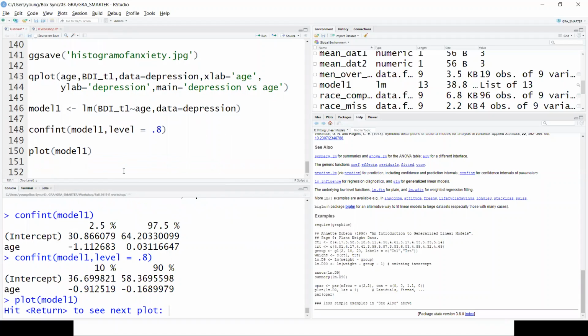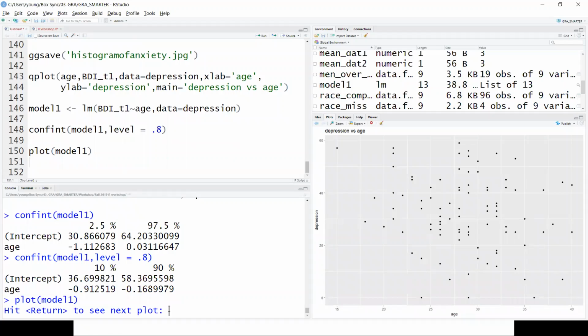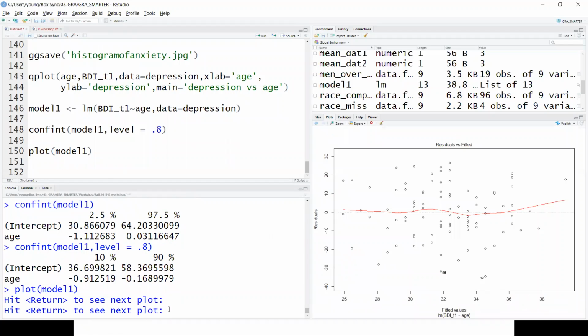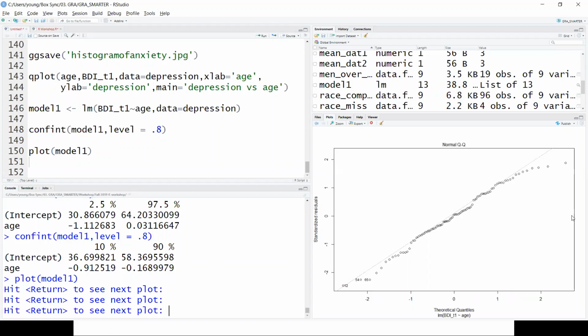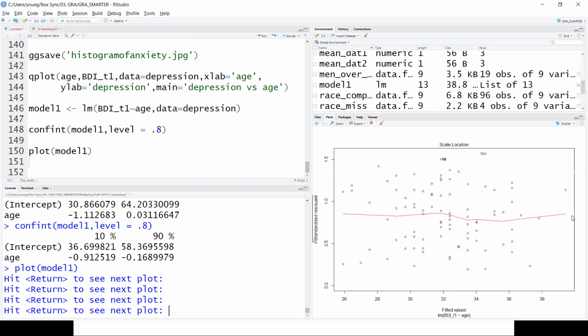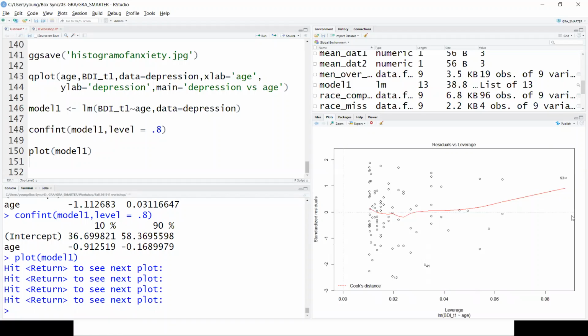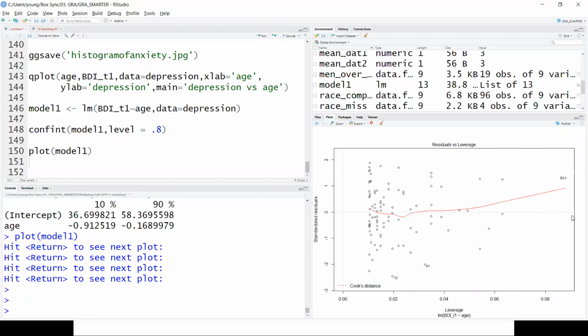Another very useful function with linear models is plot. It gives you a whole set of diagnostic plots, but it gives you them one at a time. So here it's got residuals versus fitted values with a little non-parametric smoother in the middle. You want to look for any structure there. Then a QQ plot. This helps you tell if there's heteroscedasticity or something like that. It also looks for high leverage outliers, influential outliers.